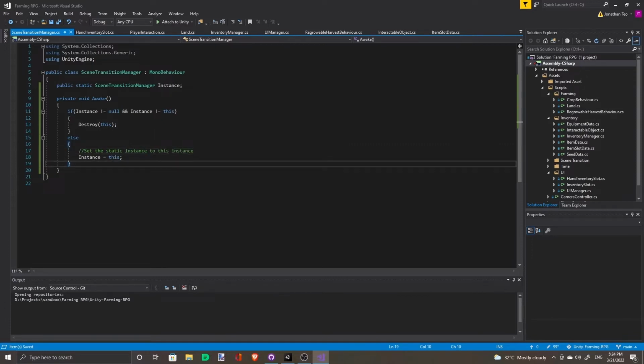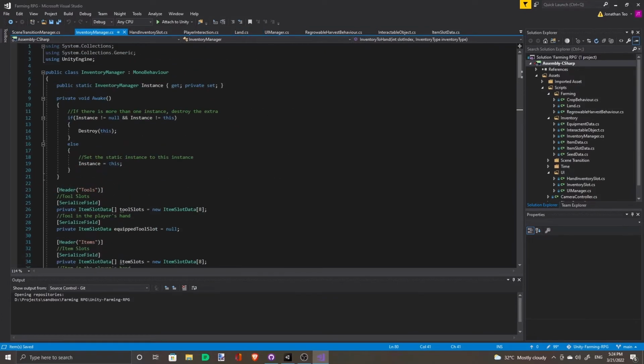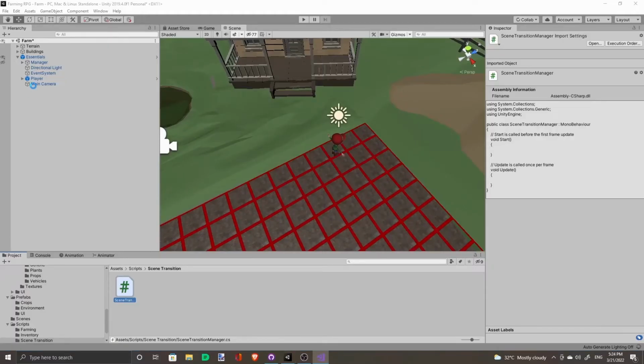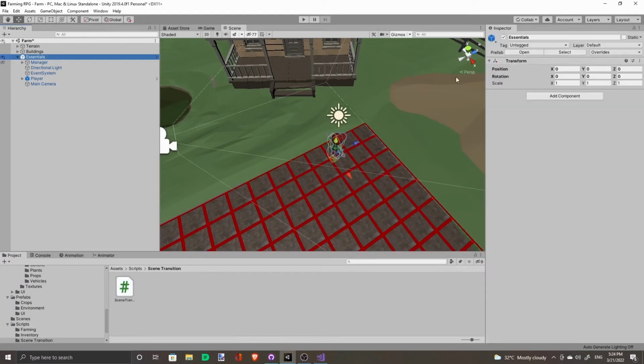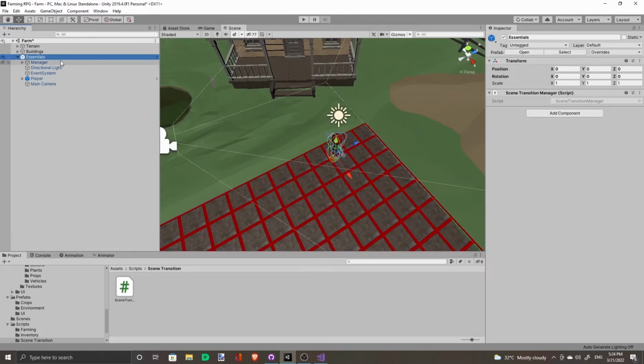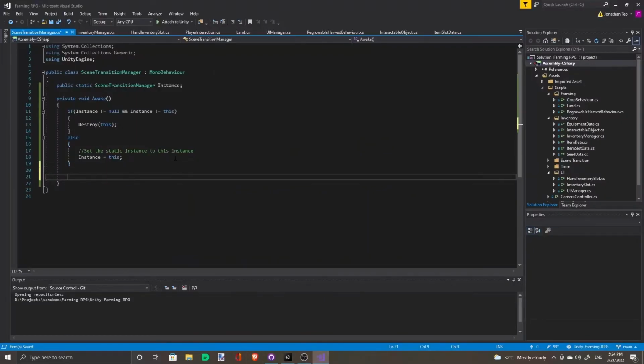Okay, so this is what we usually do with our other singleton classes. But we will put the scene transition manager up in essentials, and we want it to stay persistent.